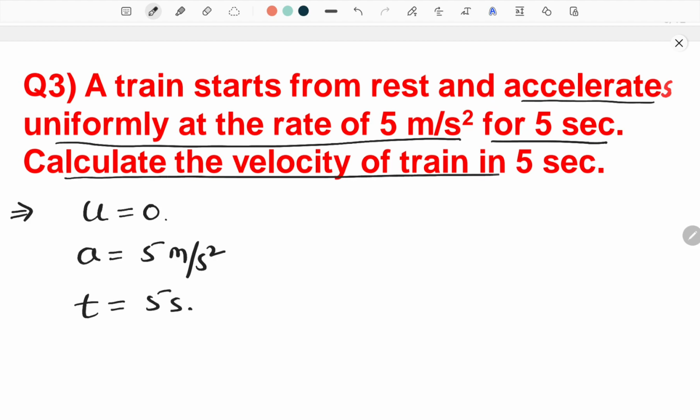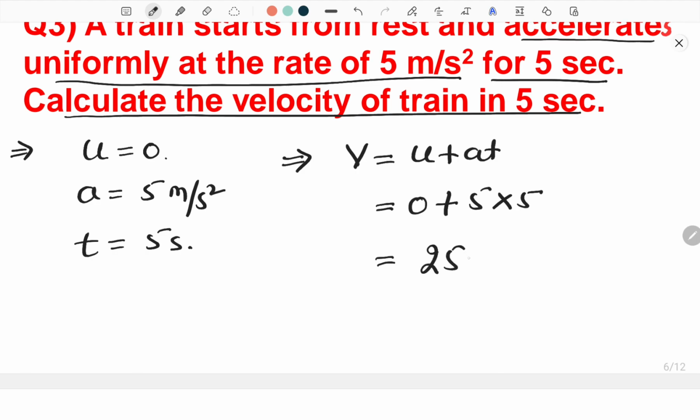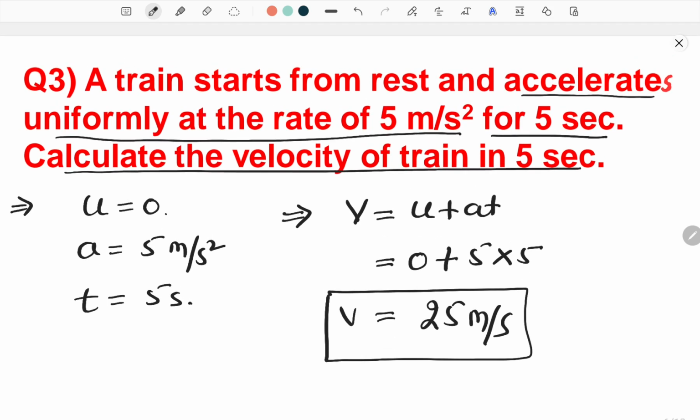Now they are asking calculate the velocity of the train in 5 seconds. They are asking about velocity. All right, don't you think we are supposed to apply v is equal to u plus at, because they are asking about velocity after 5 seconds, no? Final velocity is equal to initial velocity plus acceleration into time. U is 0 plus a is 5 into t is also 5. So answer becomes 25 meter per second. So this is quite simple case. They just try to confuse you by giving this acceleration initially, then afterwards time period, okay, and rest was hidden. All right, so this was quite a simple case. You should be able to solve it.